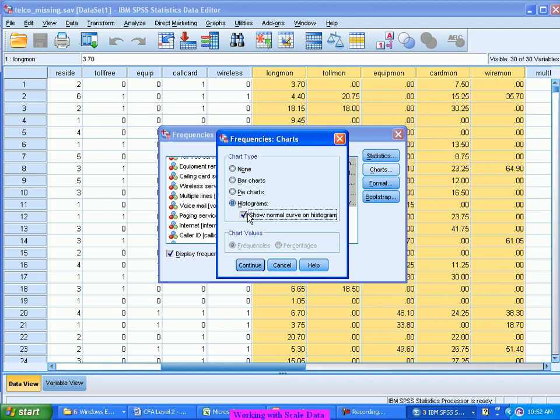For that reason, we have to first check for the normality, and that can be done through my histogram as well as the normality plot. The normality plot shows what the values should be in case it is normal, and my histogram will show me what my actual plot is. If the actual plot is very much closer to this bell curve, then I say more or less it is normal. I can very well go. See, exact normality we cannot get. We are working on that data. We are not working on